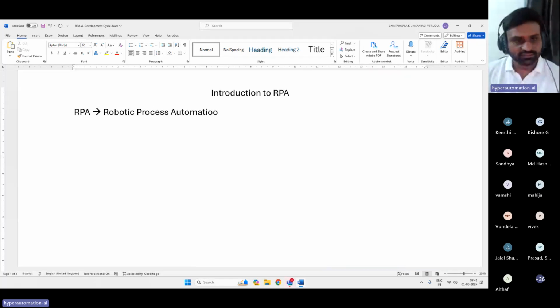Here we have three keywords. And when we talk about the definition or background of RPA, whatever you mentioned, both in the chat messages and by unmuting yourself, all these are correct.